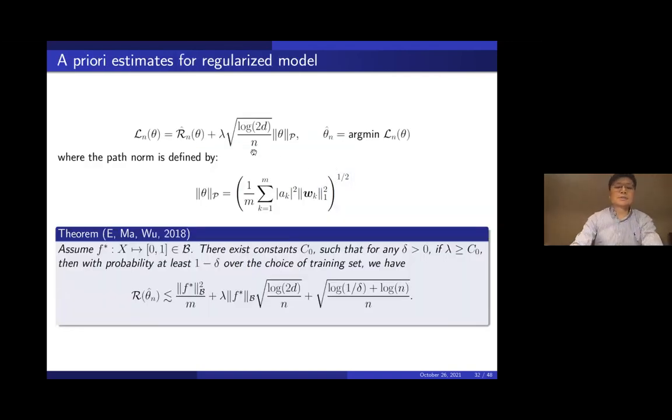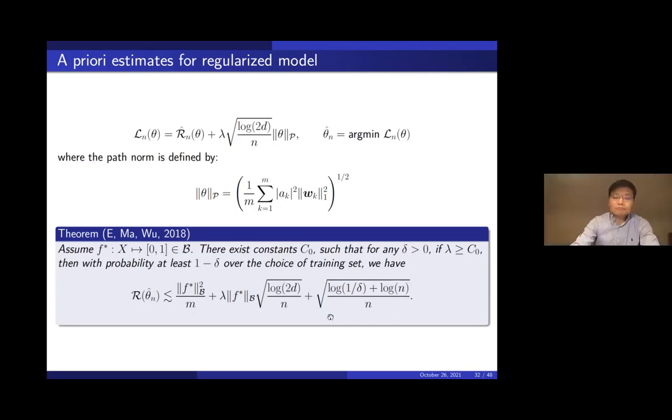Okay, combining these two results, we can show that if we regularize the empirical error, the training error, by this regularization. And here, there's a standard scaling factor, if you're familiar with machine learning. Lambda is just some positive parameter here. And this norm here is defined as follows. It's almost like the Barron norm for the neural network. And anyway, for this particular regularization, one can show that for all global minimizers, the testing error satisfies this error estimate.